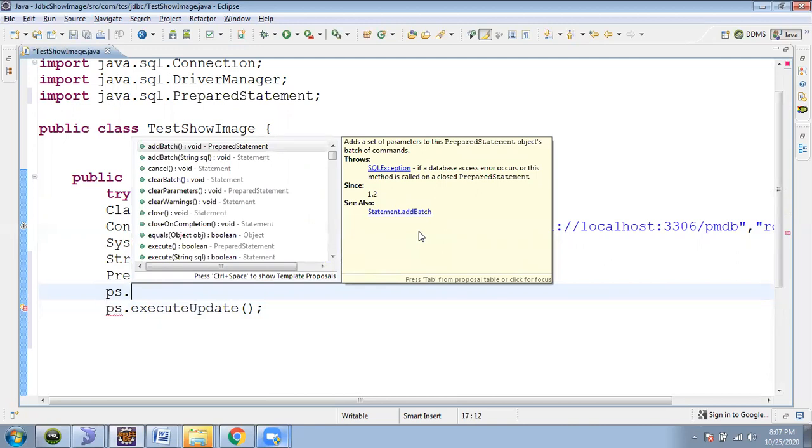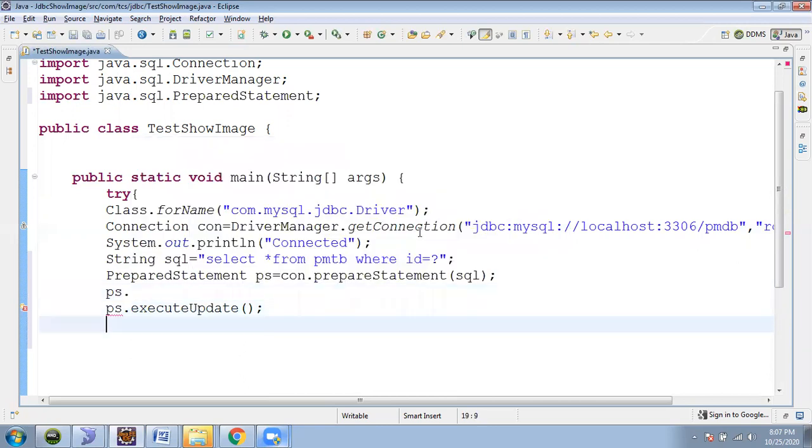Here we need to use PS execute update or execute query. Let me remove this one. First of all, we need to pass the question mark value, right?